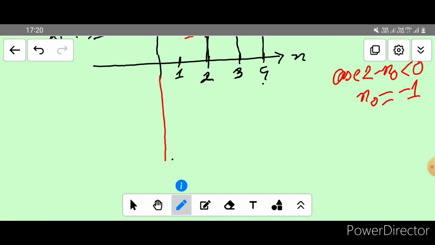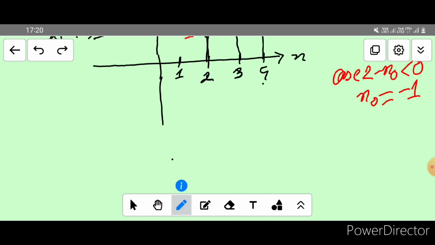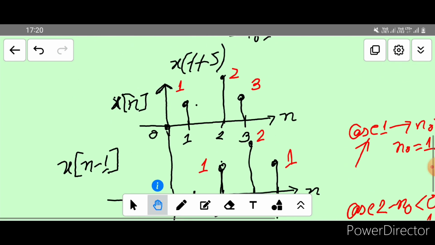Then let's draw the axis first: -1, 0, 1, 2, 3, 4. So, as stated above, if n naught is less than 0, then our signal xn will be shifted to